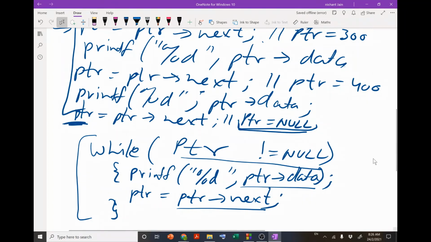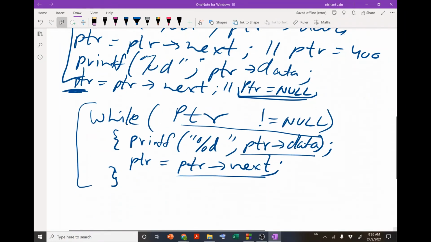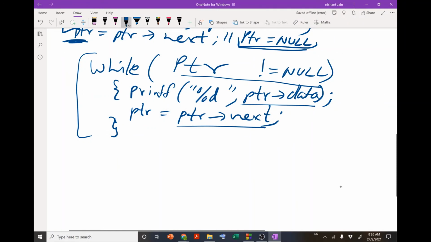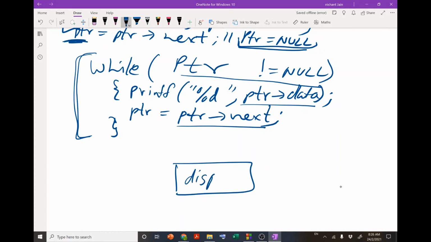Okay, so same thing. Now, since in the display I want to create a function, let me name my function as this. To get the access of the linked list, I just have to pass the value of head. With this head, and with the help of this printf command, it will display each and every data that is there in the linked list.